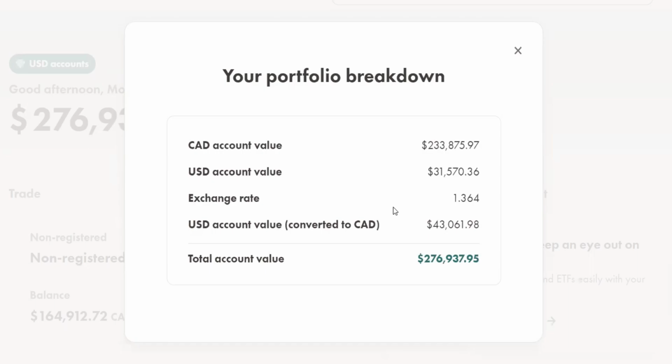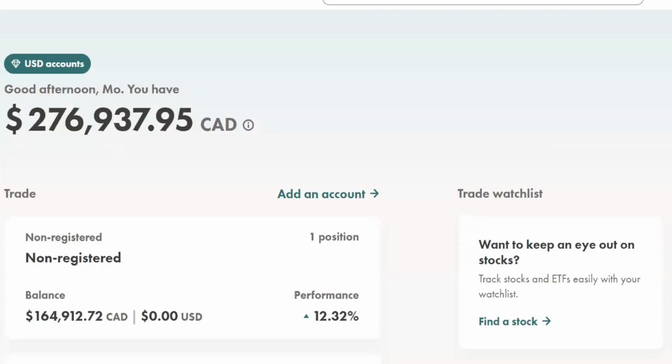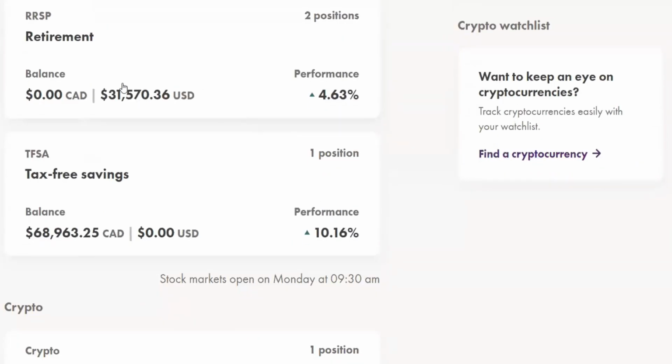That's what I had to do, and I ended up paying some of that fee, which was quite considerable. If you think about it, that's 1.5% on the currency that you're converting it to. So imagine first, based on the exchange rate applicable at that time, Wealthsimple is converting it to its equivalent in USD, then 1.5% of that USD equivalent balance I'm paying in terms of the conversion fee, which would be considerable. So that could have been almost 1.5% of this $31,000 or so. That could easily add up to around $300 to $400 that I had to pay to convert it at one